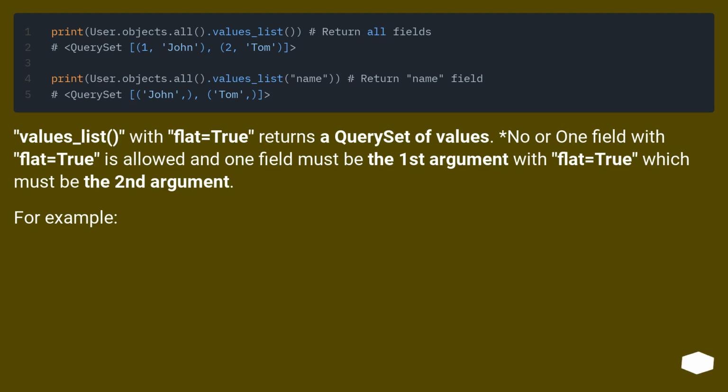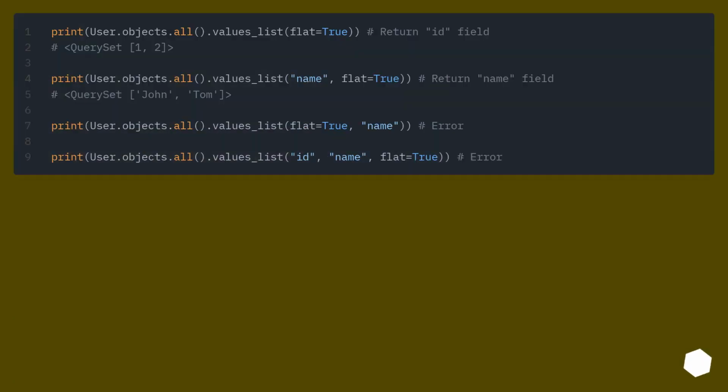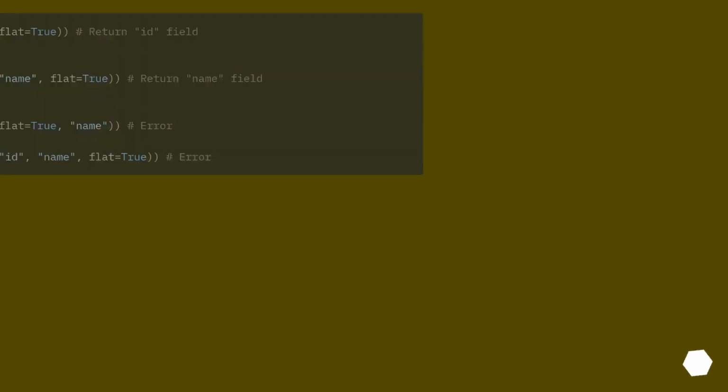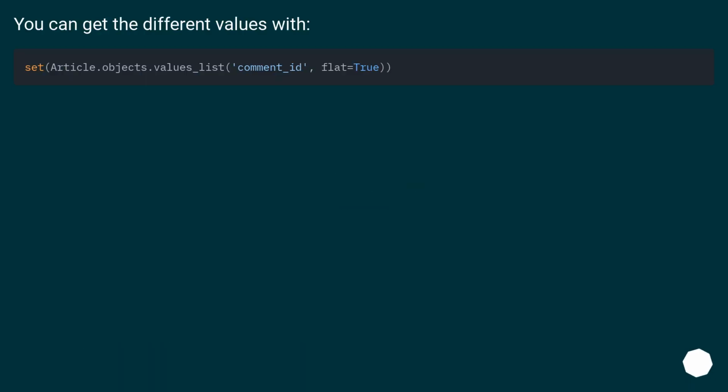No or one field with flat=True is allowed, and one field must be the first argument with flat=True, which must be the second argument. For example, you can get the different values with